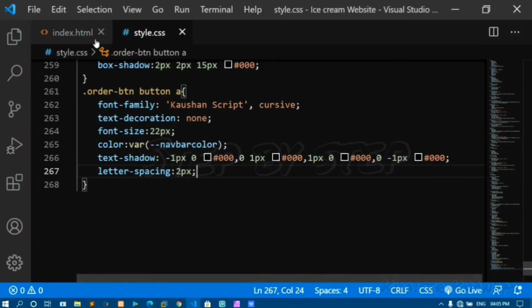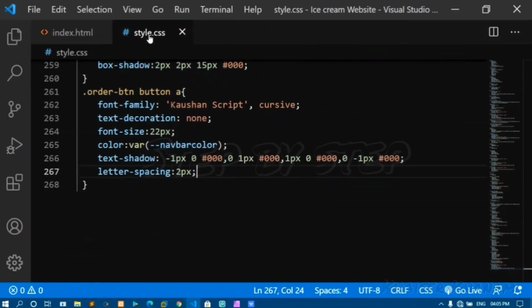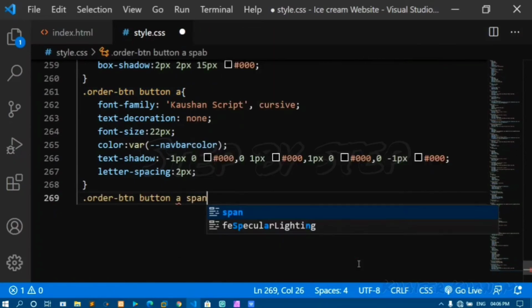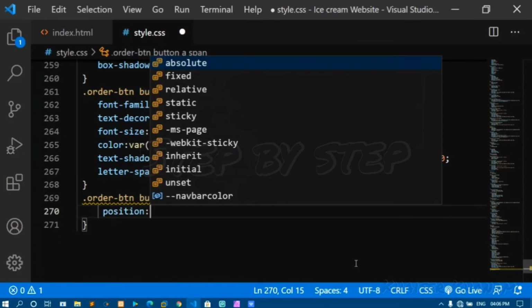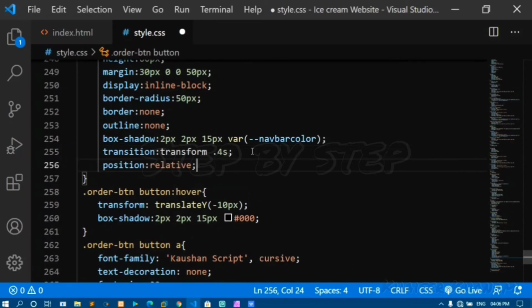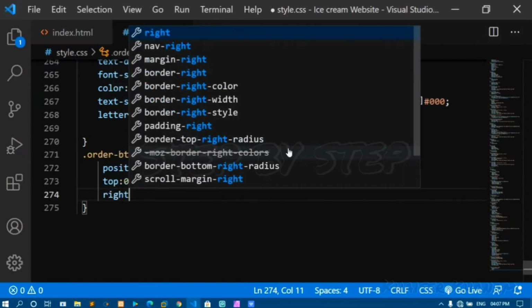Now I want some animation for the text, so here I'll here and here click on Alt and take multiple cursors, span tag. Now I'll style my span tag. I'll copy this entire thing, I'll paste it here, and I'll write my span. For that I'll give position as absolute, position relative to my button. I'll give top 0, right 0,